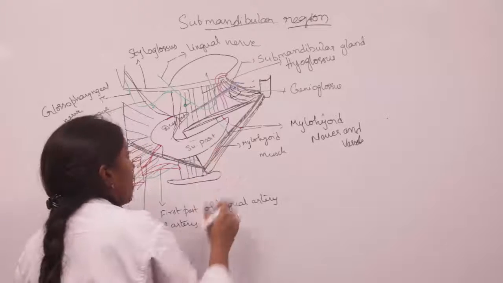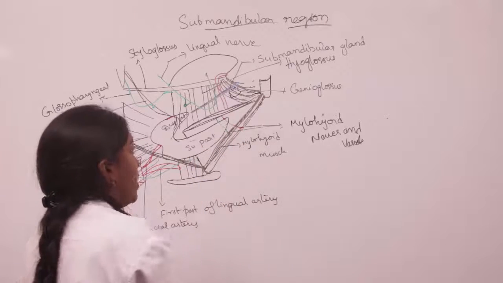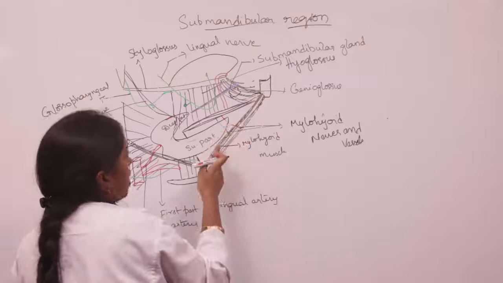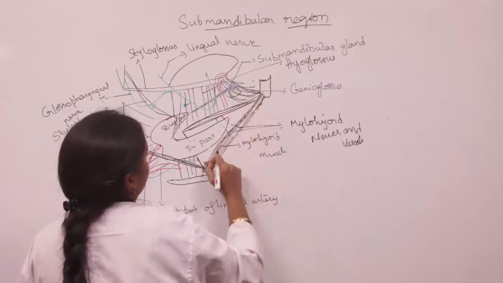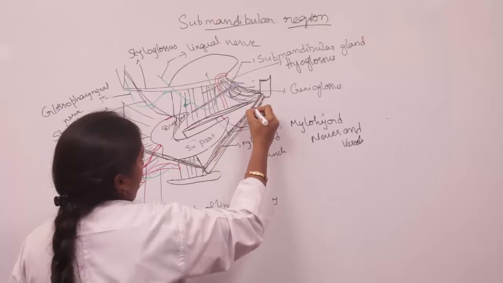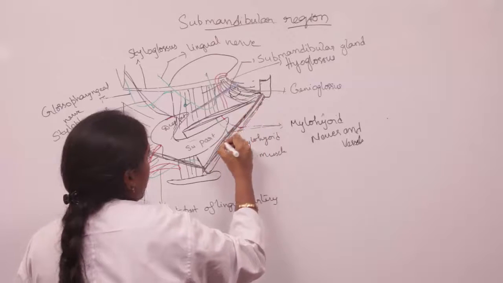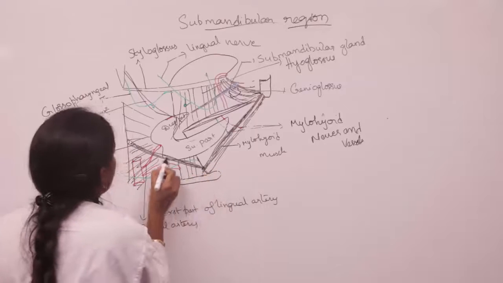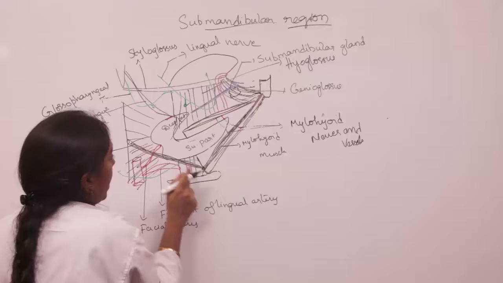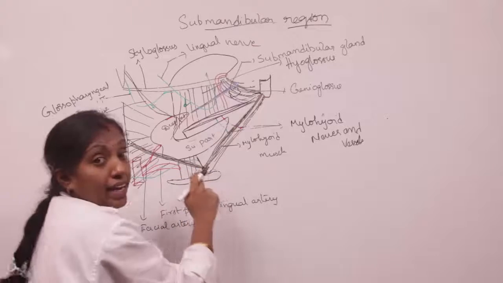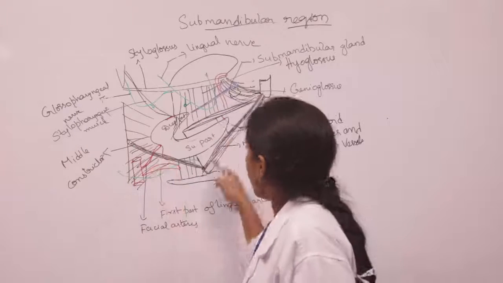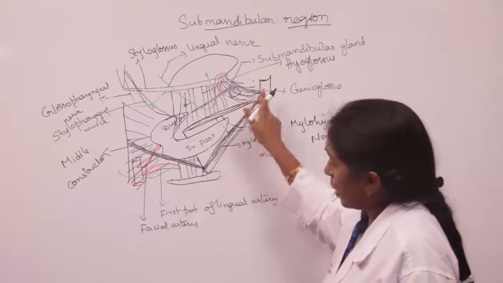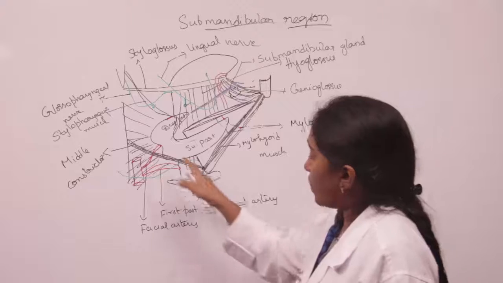Coming to the superficial part, it consists of an anterior end and a posterior end. The anterior end extends up to the anterior belly of digastric. This is the anterior belly of digastric, this is the intermediate tendon, and this is the posterior belly of digastric. So the anterior end extends up to the anterior belly of digastric, and the posterior end